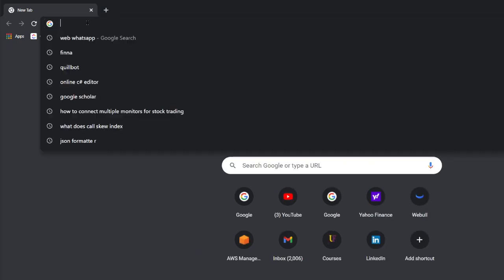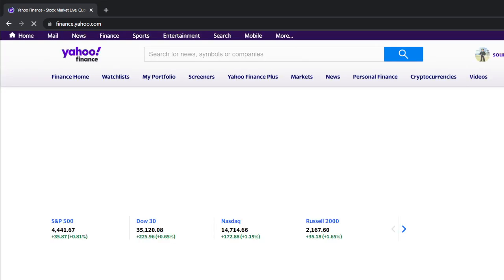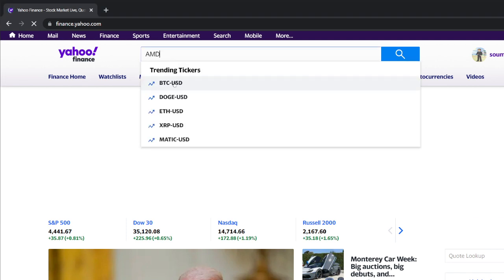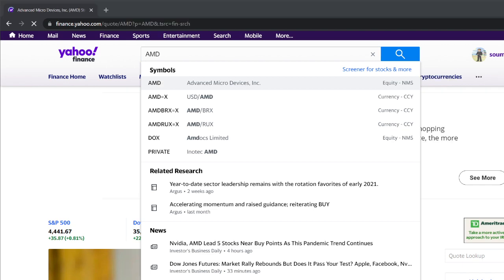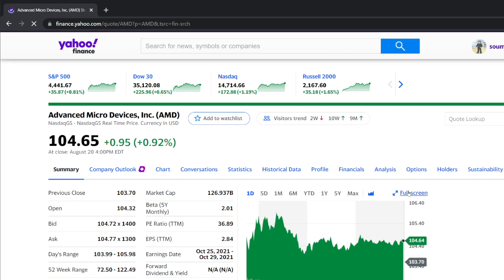So let me switch my screen. I'm actually going to go to Yahoo Finance and I just want to explain the way this algorithm works, right? Because before programming, it's very important to know what MACD is. So I'm just going to take AMD for example. As I said, most popular stock. So let's understand the basics and then program this, okay? So I'm here on Yahoo Finance. We go to full screen.